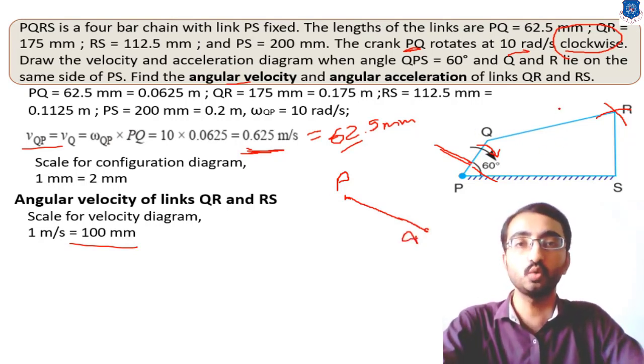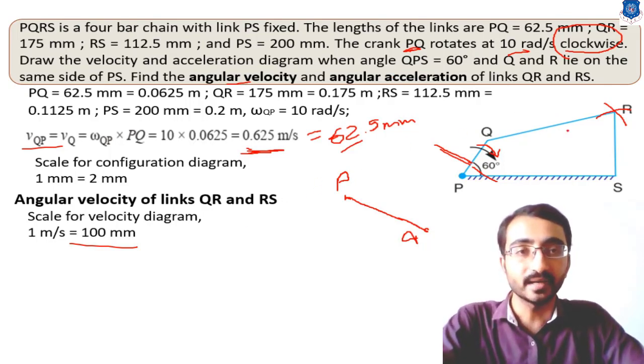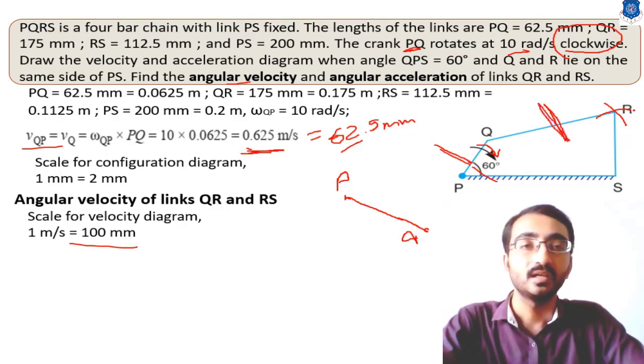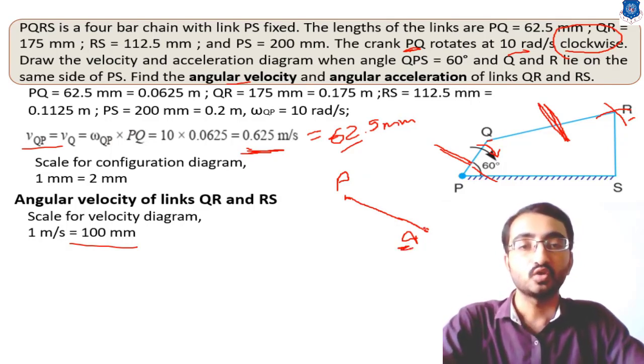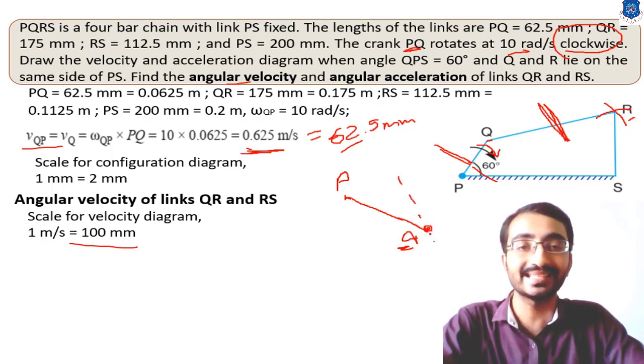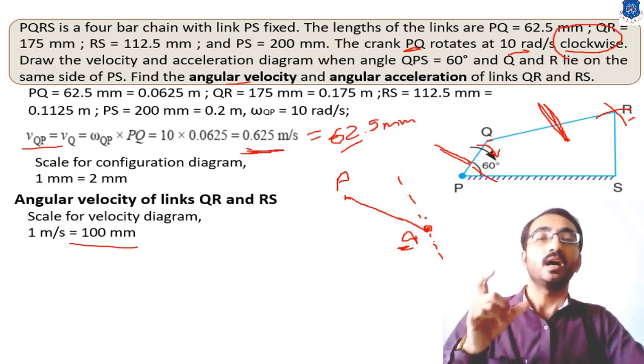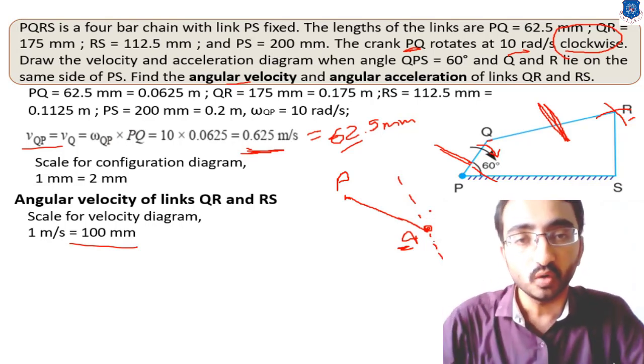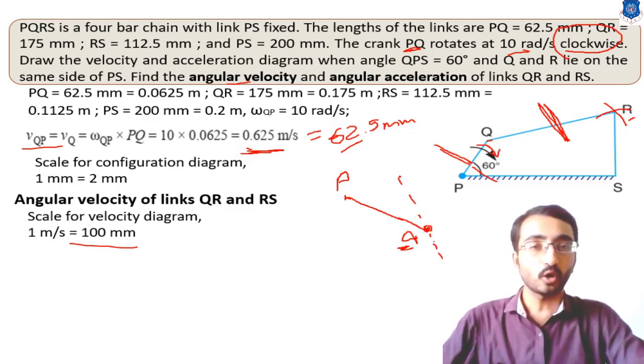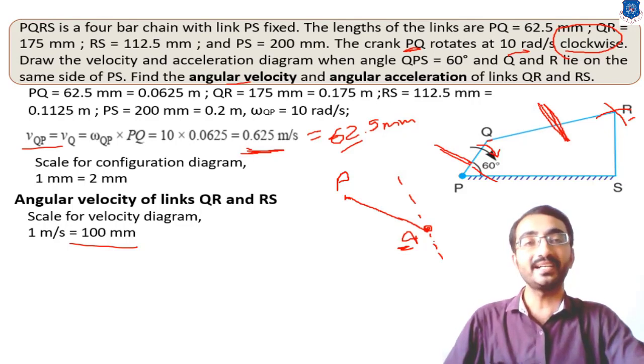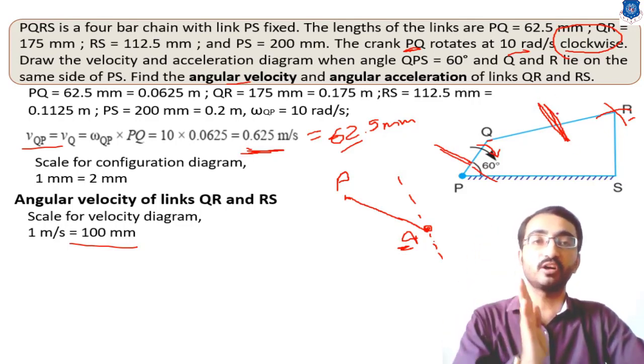Now the second one, the QR line. In this mechanism, the velocity of QR will be perpendicular to the QR line. You have to sketch this line with starting point Q or R. But in the velocity diagram we already have point Q, so we will start our sketch with point Q, but we don't have the exact dimension. So we will use a dash line first. By drawing a dash line in this way, you will identify the direction of velocity of QR.